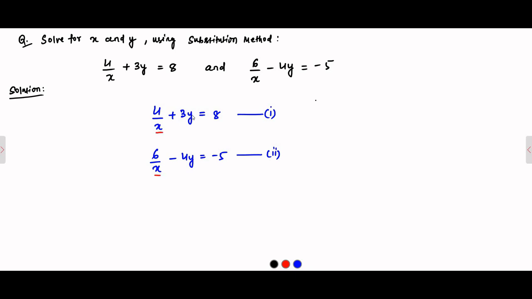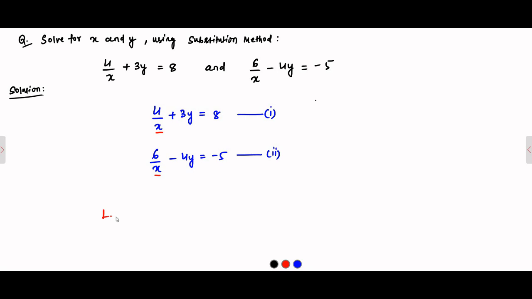Here it is like 3y, 4y with the coefficient in the numerator, but here it is in the denominator. So in order to deal with these kinds of linear equations, what we'll do is we make a substitution for these portions where the variable is in the denominator. So what we'll do, we'll make substitutions as